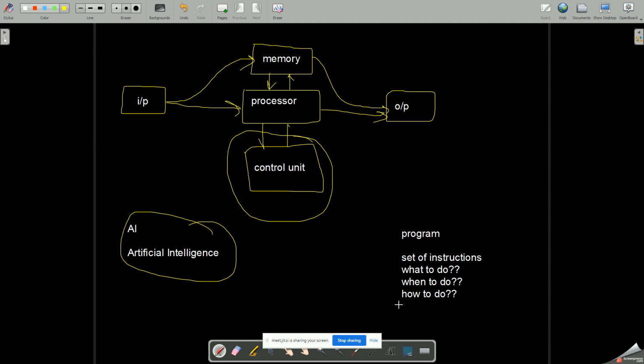It will call out your name: "Hi Gargi, good morning. It's right now 17 degrees outside and the weather is cloudy," or "the weather is beautiful." So you will get a personalized feeling with that. A lot of work is going on in artificial intelligence these days, where we are trying to instill intelligence in computers, in devices.